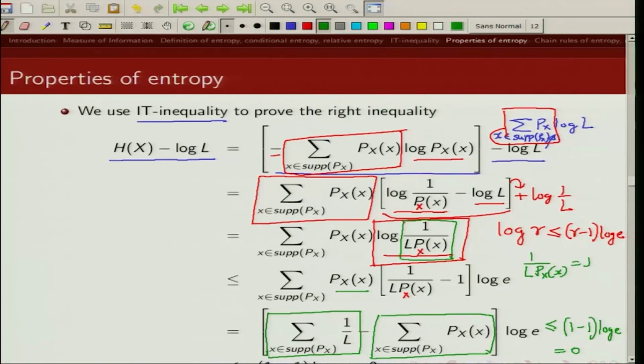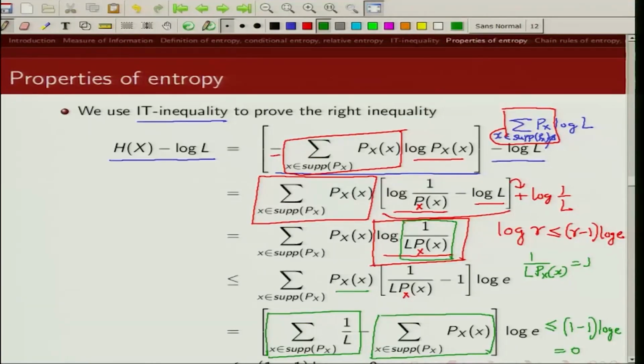So P of x should be 1 by L for all x belonging to the support set of P. In other words, Px should be uniformly distributed. So when my discrete random variable is uniformly distributed, I will have h of x equal to log of L,